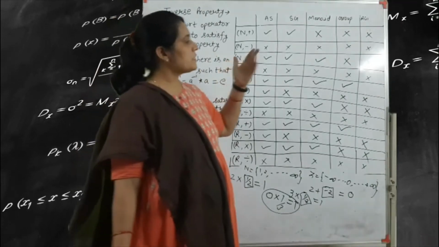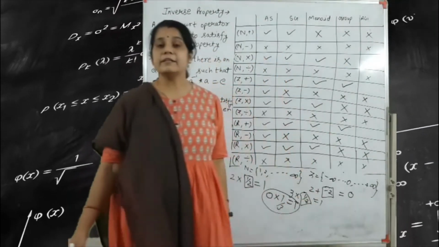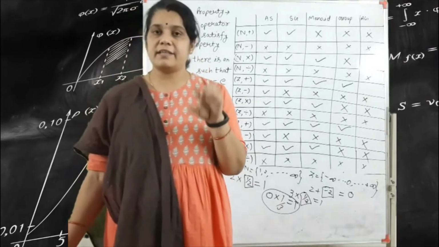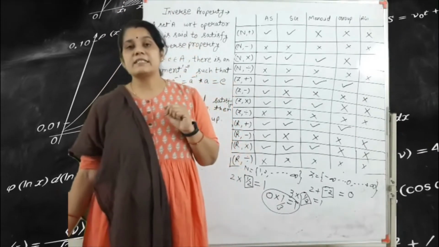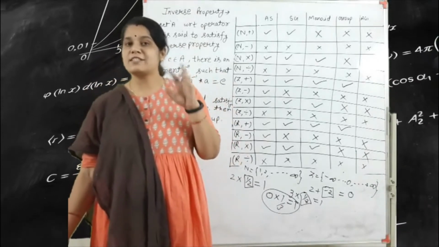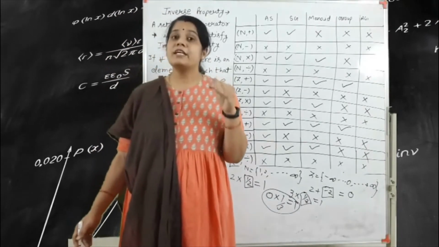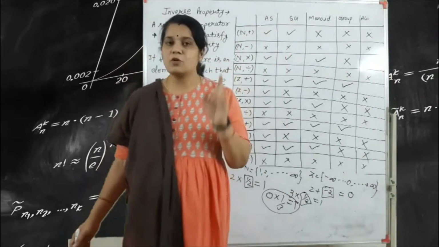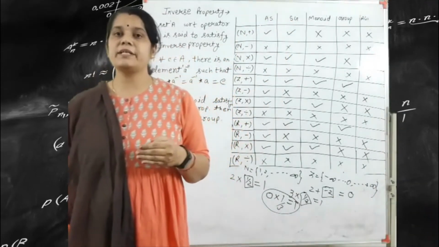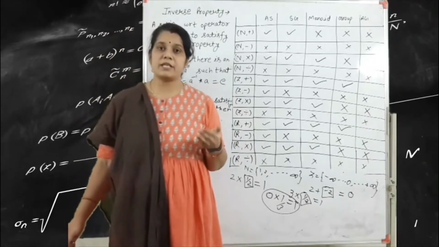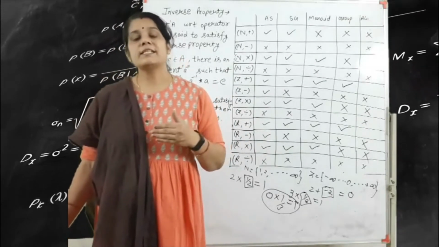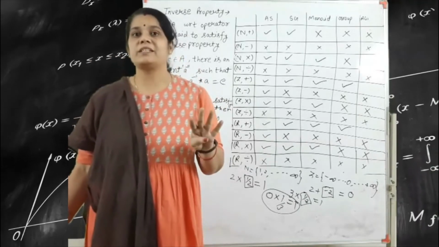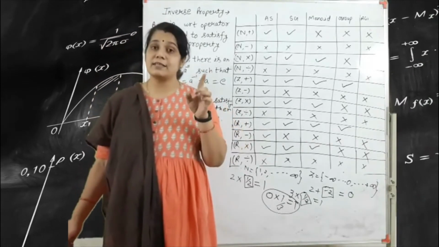Okay, so next one is the abelian group. Abelian group means that if the commutative property is satisfied by the set A, then we can say that this is an abelian group. So this is not only one property. We have already found the four properties: closure property, associative property, identity property, inverse property. If a set A with respect to any given operator satisfies all four properties, then we can say that this is a group.